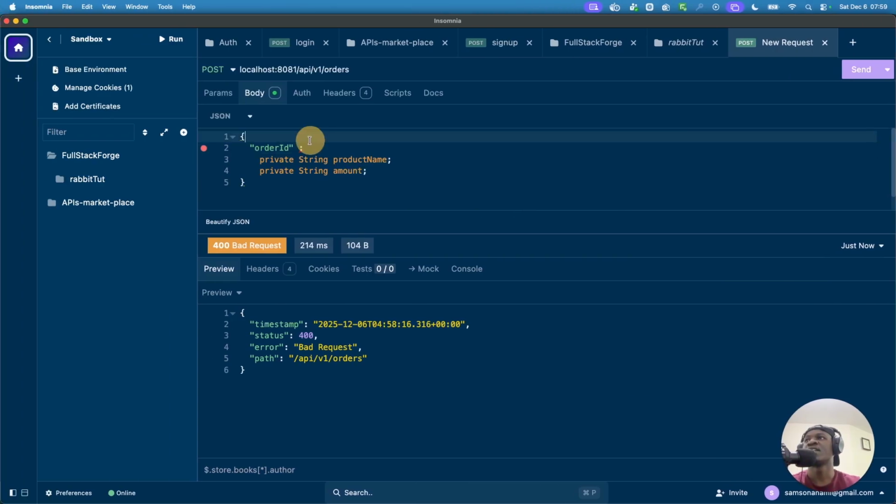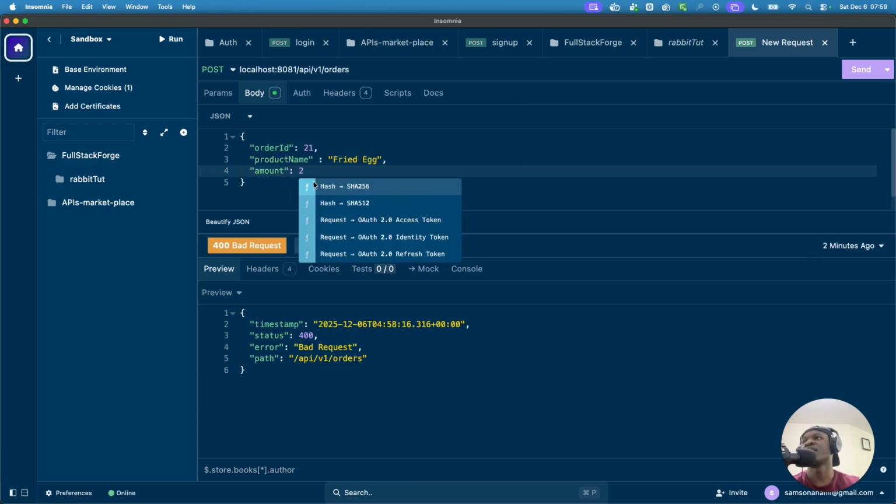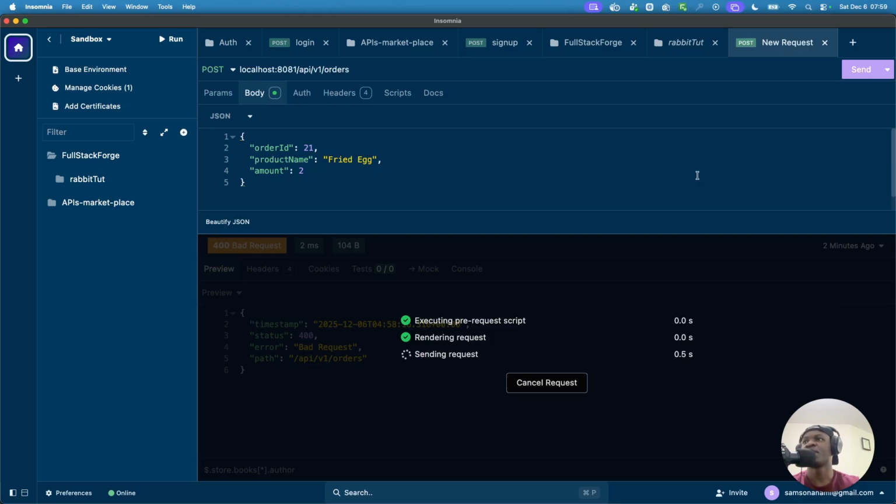And then just come here and say this is order 21, and then product name is, let's say we ordered a bread or a fried egg in this restaurant of ours, and then this one costs, let's say, $2 or something like that. Yeah, so this one needs to be well formatted, and then I think this one needs a comma, and this one also needs a comma, and then you're good. So having these now, we can publish it into